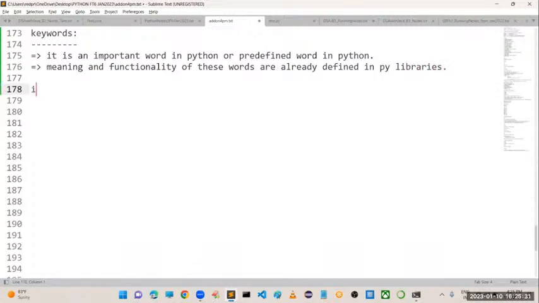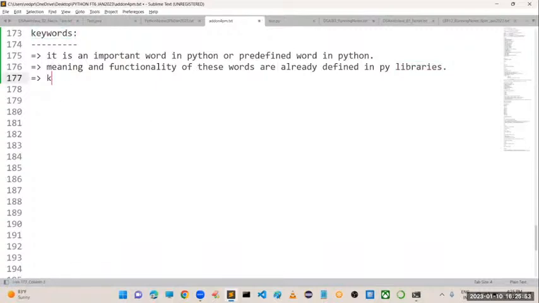For example, if I take if and you are checking A is greater than B, what this if is going to do has already been defined in Python. These are called libraries. The libraries provide the meaning for each and every word. Such words are called keywords.